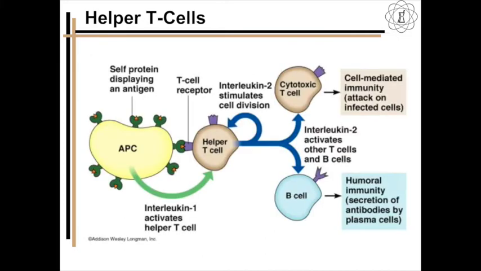Now, the other type of T cell, the helper T cells, is a little bit different. Basically, and this is a little bit more complex, helper T cells are kind of the intermediary between our cytotoxic T cells and our foreign antigen. Helper T cells are also going to be involved in the B cell side of immunity, which we'll talk about in a few minutes. But in the helper T cell component, you can see in this schematic, we have